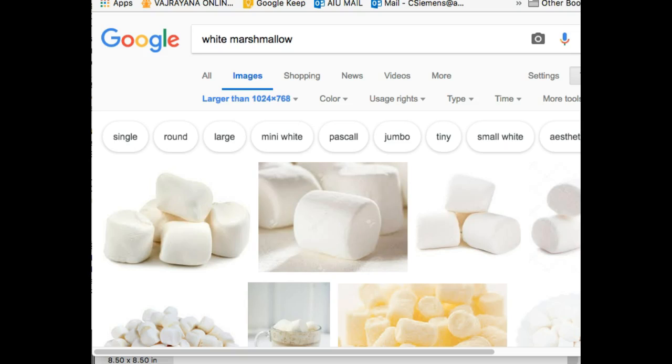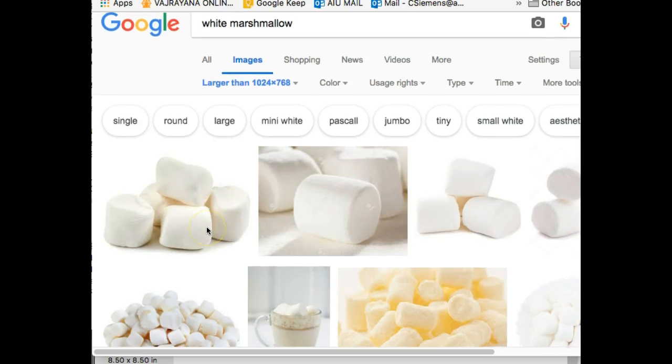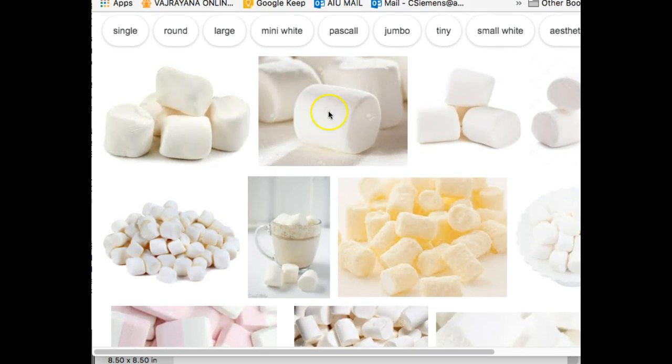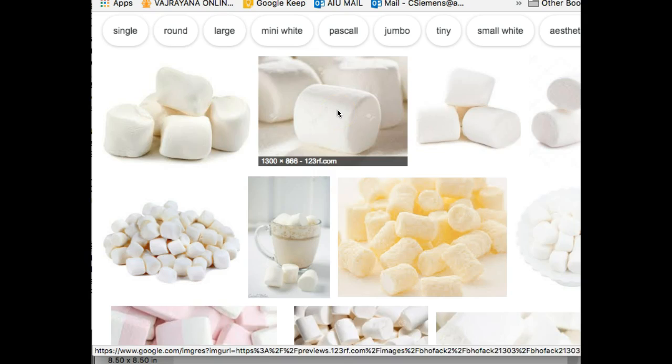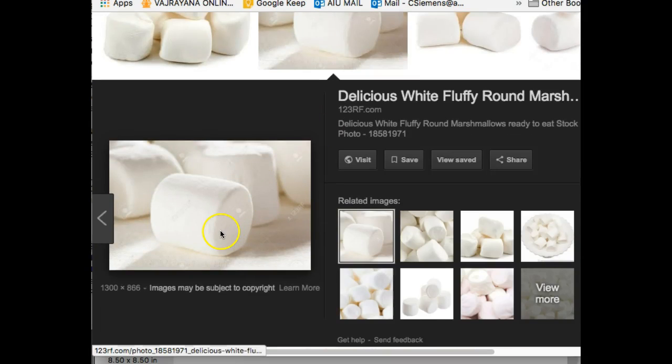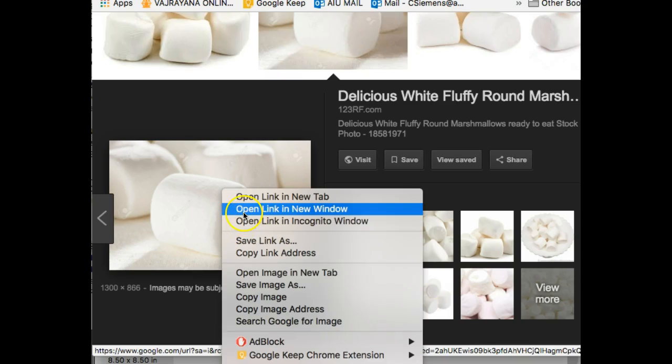The same settings as before, photograph, larger than, and first of all, I typed in marshmallow, and there were so many different colored marshmallows, and you have a white marshmallow, so I added that so I could maybe narrow it down. And then if you look through here, you can start seeing, now I don't think this is the orientation you want, and it looks like it's probably watermarked as well, but let's just open